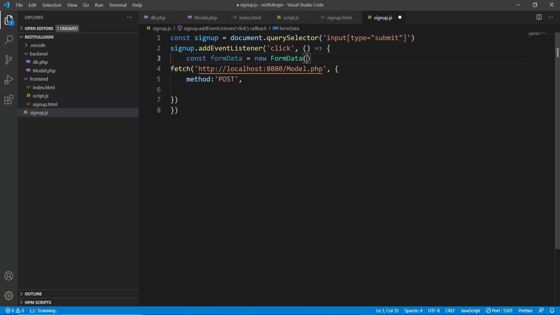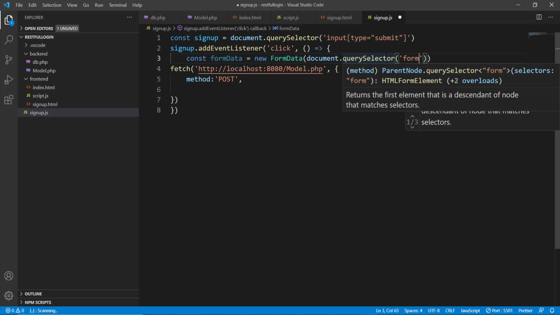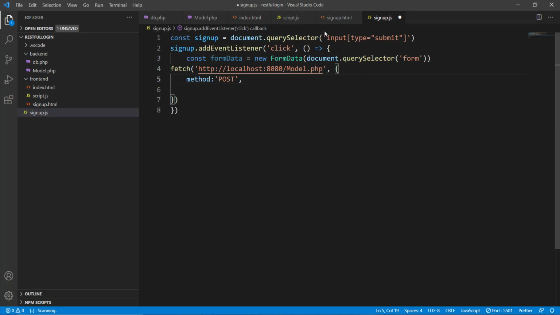So we need to provide that reference, and we can provide that reference by document.querySelector and linking our form with this new form data object. This way, all the data that has been entered in the form is going to be stored in this form data object. Now, the second key value pair is going to be the body, and its value is going to